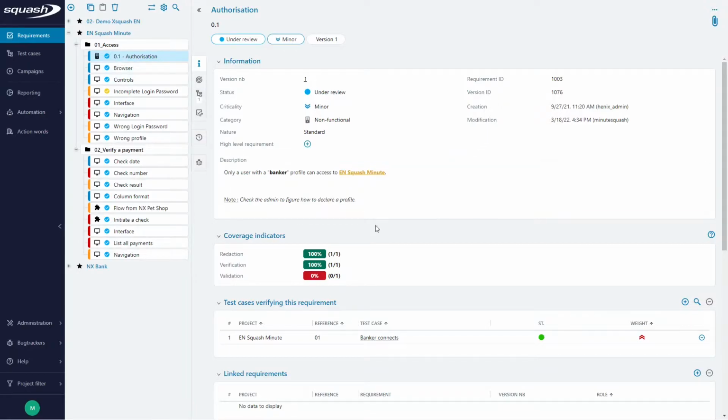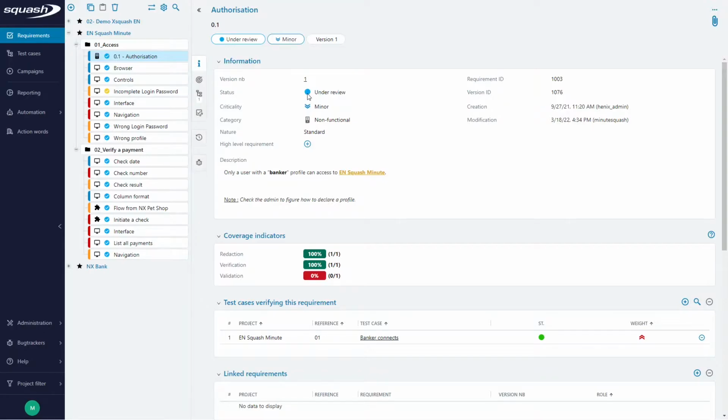The information block here contains the basic attributes of the requirement: its criticality, its status, its category, which is customizable by project. All this information can be found in the library thanks to the icon just before the name of the requirements.